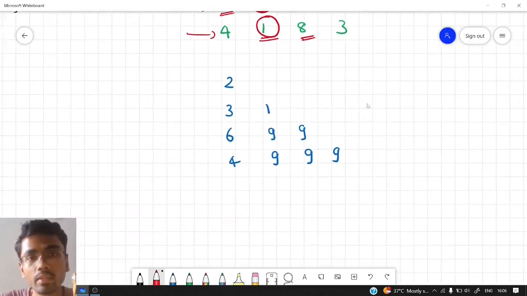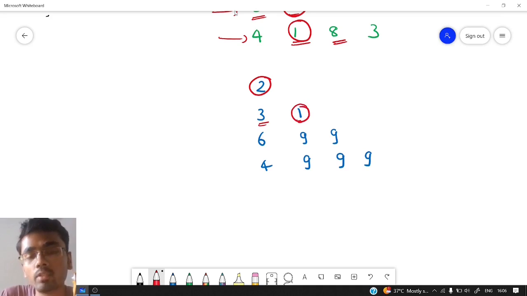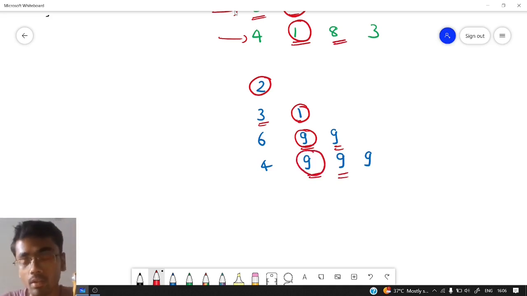So let's say we have been given this array. Again let us try to do it the greedy way. We are standing here. We have two options, 3 or 1. Obviously amongst 3 and 1, 1 is the minimum, so we will choose this. Now we have two options, that is 9 or 9. It doesn't matter whichever move we take. Let's say we take this 9. Again we have two options, this 9 or this 9, doesn't matter. Let's say we take this. The sum of all these numbers is 9 plus 9 is 18, 20 and 21. So according to the greedy solution, our answer should be 21.